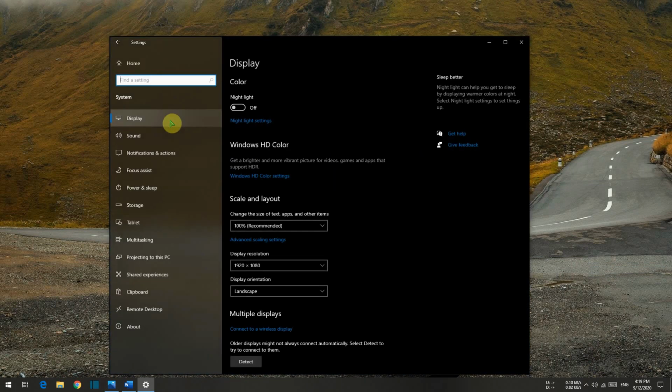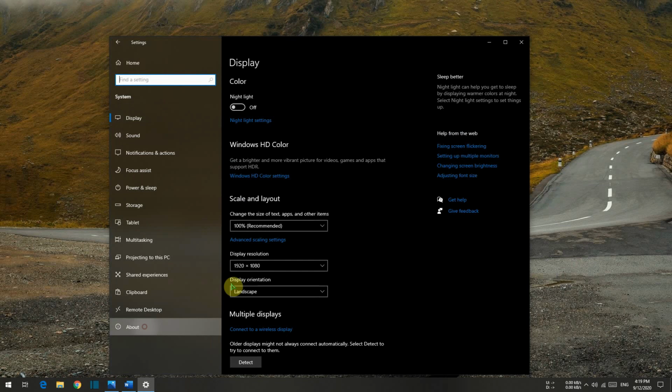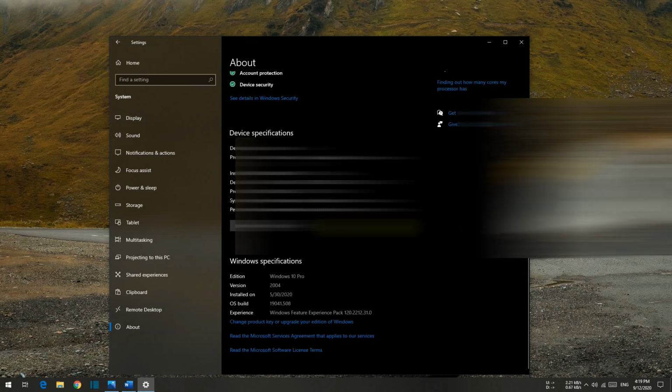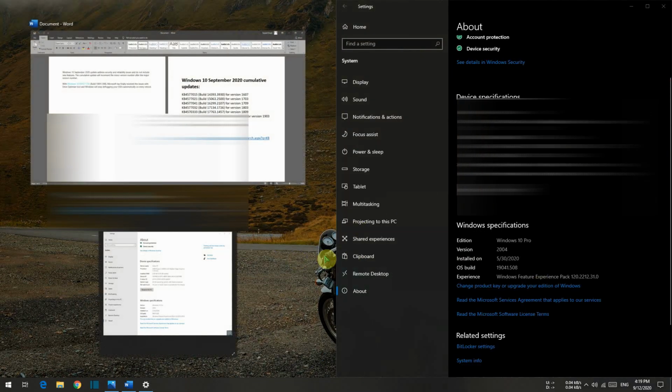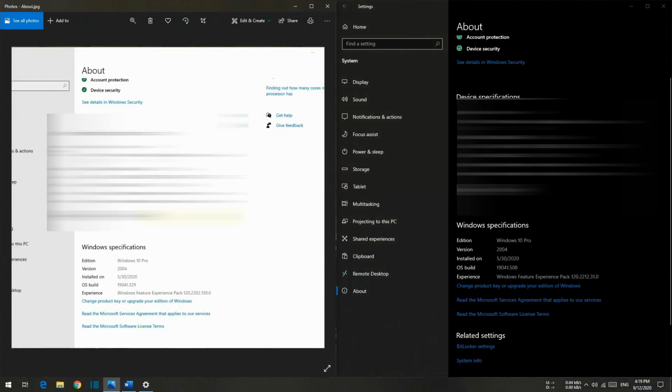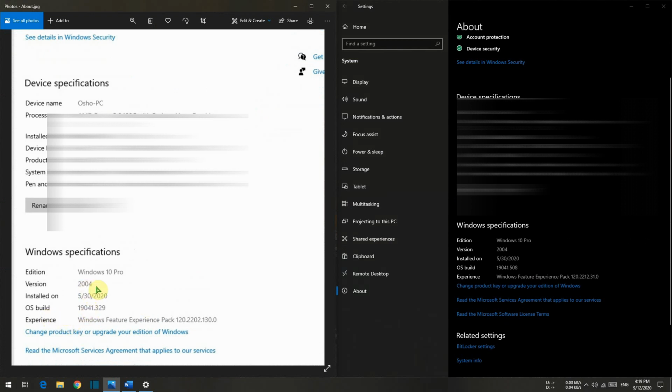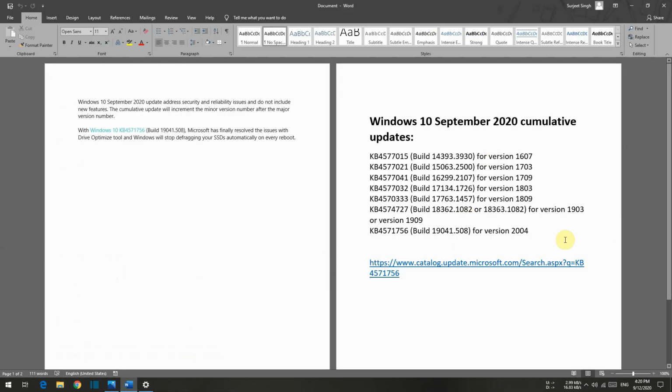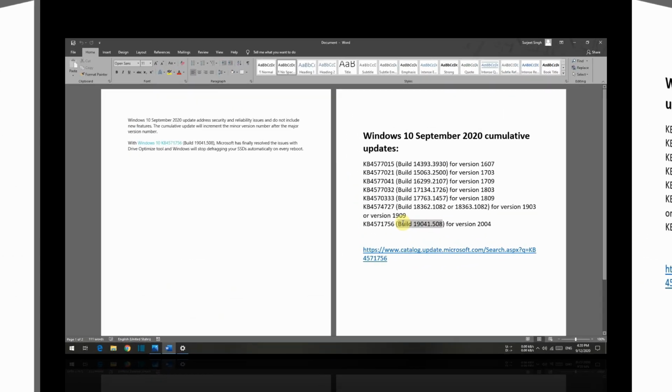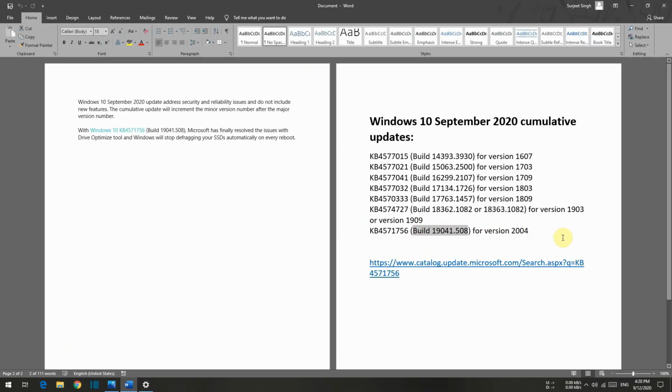Here click on System, About, and as you can see, my previous build was 19041.329. However, the new build is coming as 19041.508. And as per the Windows information, this is the latest build that is from Microsoft.